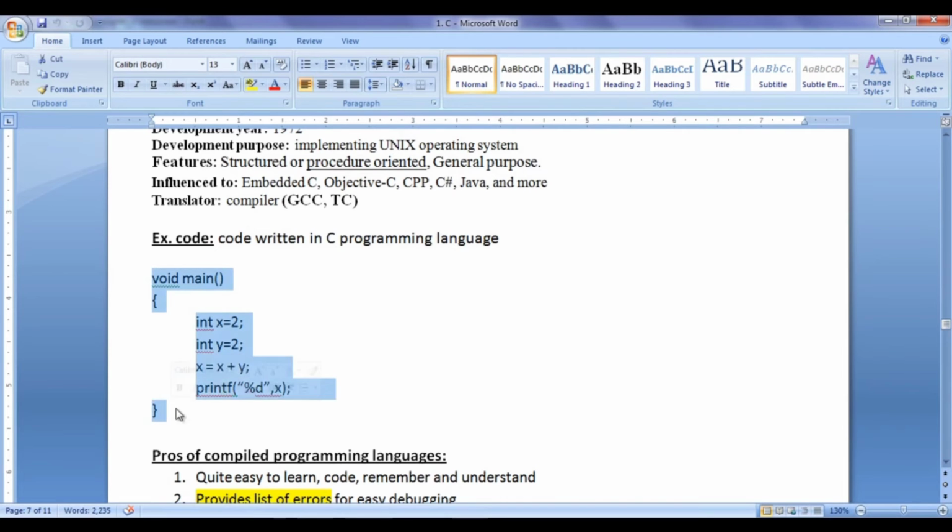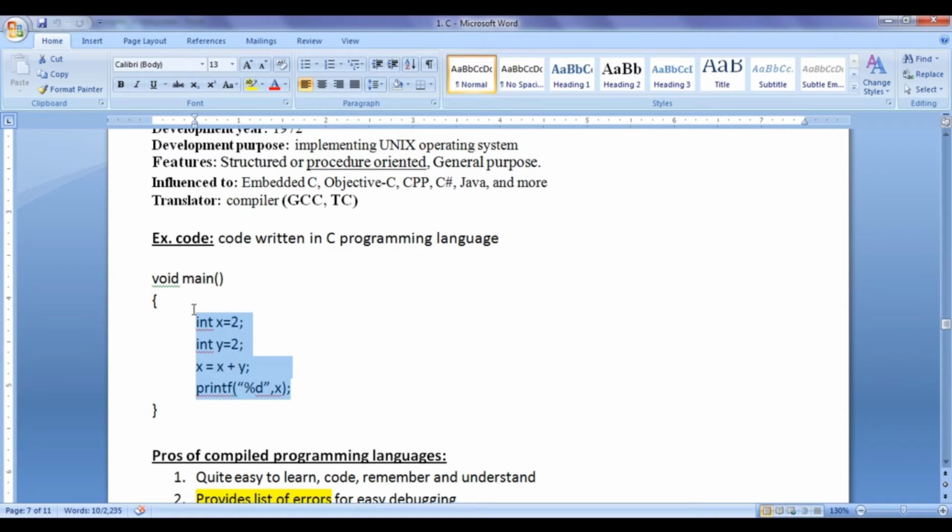If you observe this code carefully, you can see flower brackets are introduced to group some set of instructions. Flower brackets were introduced just before the C programming language in another programming language called BCPL, Basic Combined Programming Language. So flower brackets are used to group some instructions in procedure-oriented programming languages.